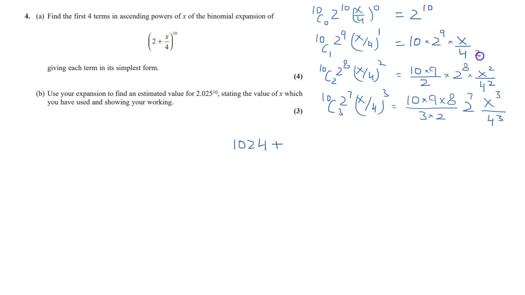This 4 can be written as 2 to the power 2, and 2 to the power 9 minus 2 will be 2 to the power 7. 64 times 2 is 128. You can use your calculator. So 1280x plus